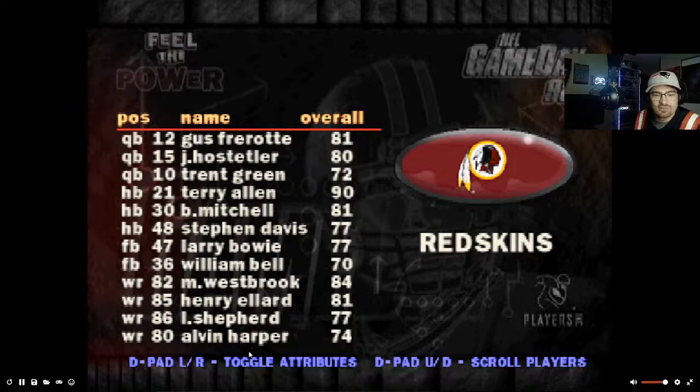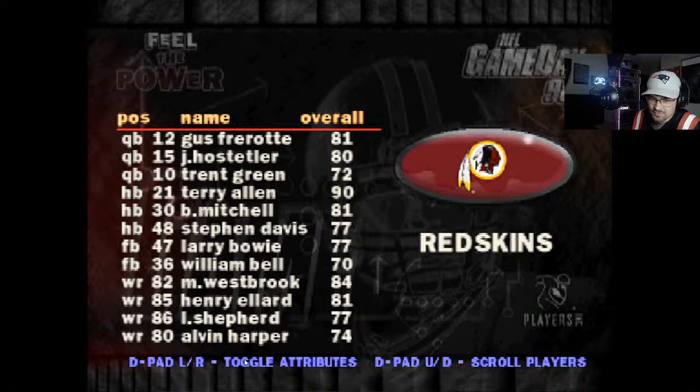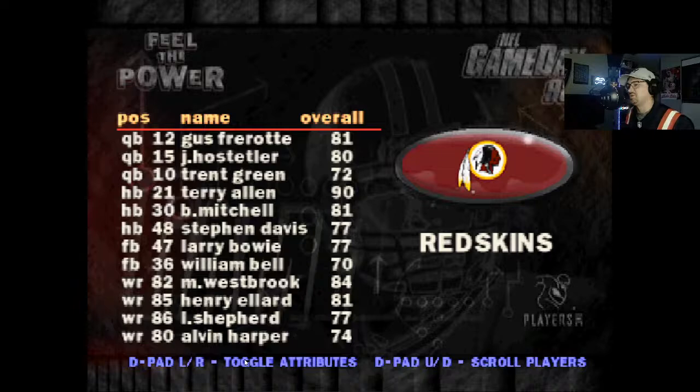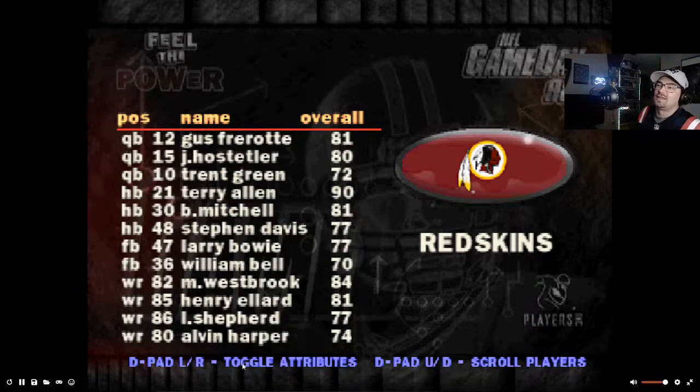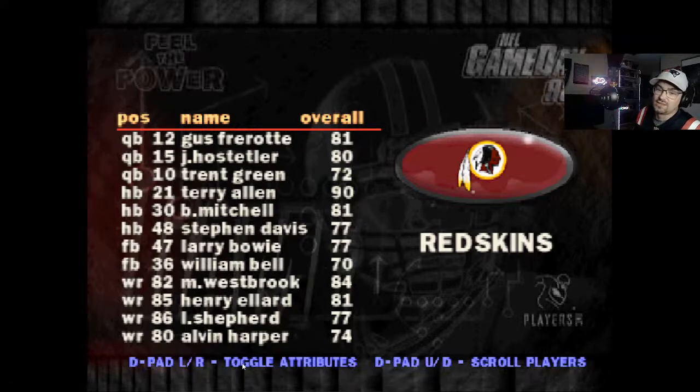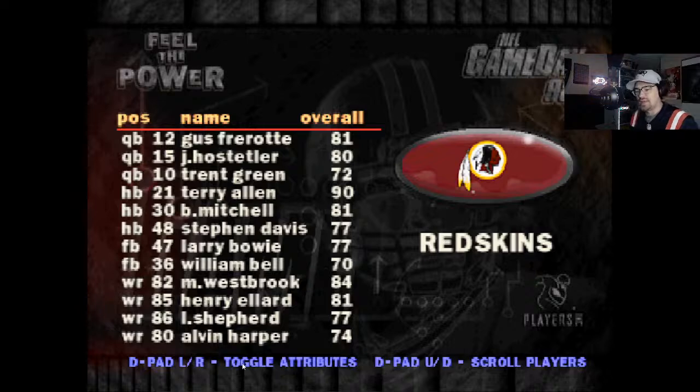Jeff Hostetler orchestrated probably, without a doubt, the greatest playoff comeback ever. I'm a Pats fan. Greatest Super Bowl comeback ever is 28-3. But Jeff Hostetler was there for the Bills against the Oilers, and I think that was like a 33-point comeback. It's the largest comeback ever, and I think it's probably the greatest comeback ever in any sense. But anyway, yes, Jeff Hostetler is in the game, and he's only 1 point below Gus Frerotte, which is hilarious.